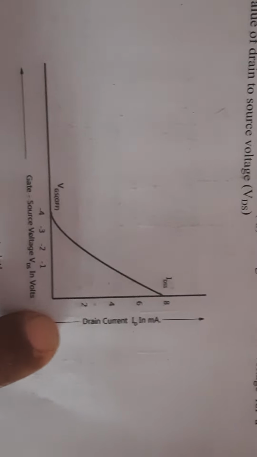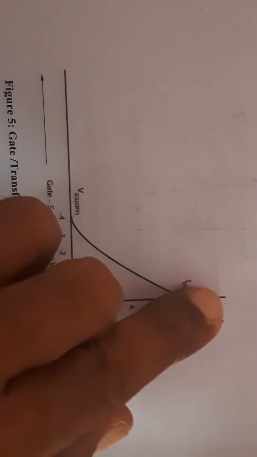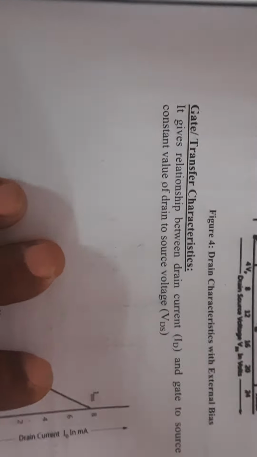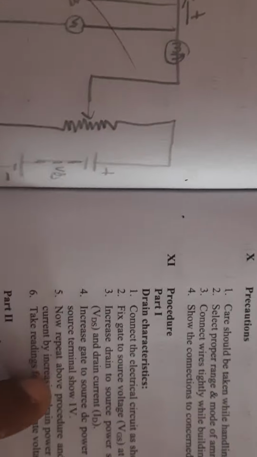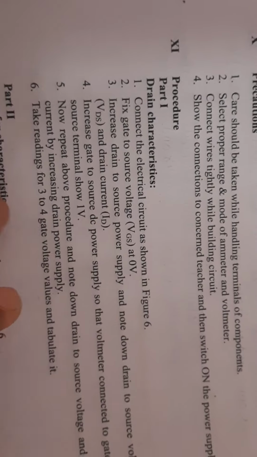And this graph is the transfer characteristic. This transfer characteristic graph is plotted along the x-axis and y-axis. Along the x-axis is the gate source voltage, and along the y-axis the drain current, and the graph is plotted like a curve. This is the curve. So this is the importance of this experiment: drain characteristic and transfer or gate characteristic, keep in your mind. This is a simple experiment and we show the circuit diagram. You may be asked some questions, such as to state the drain characteristic, transfer characteristic or gate characteristic and so on.